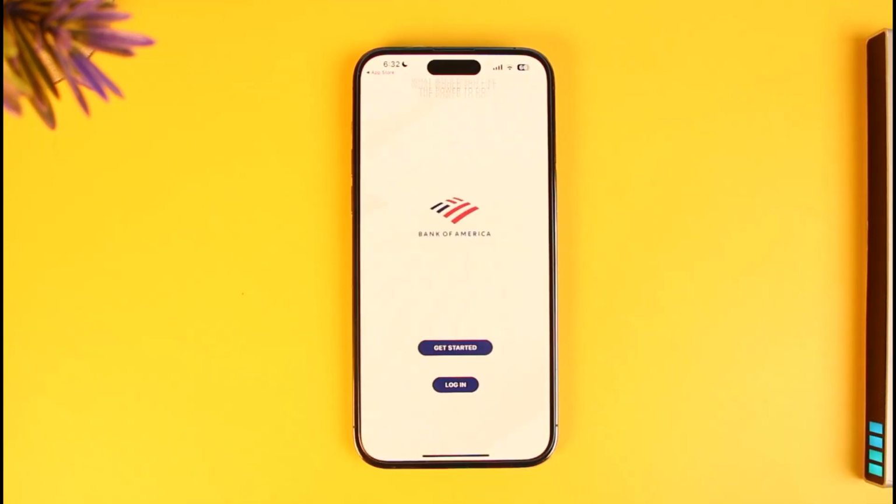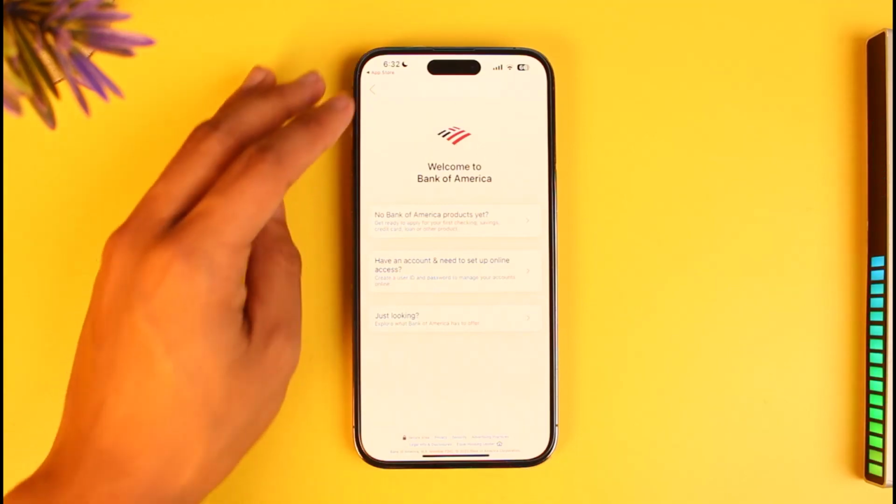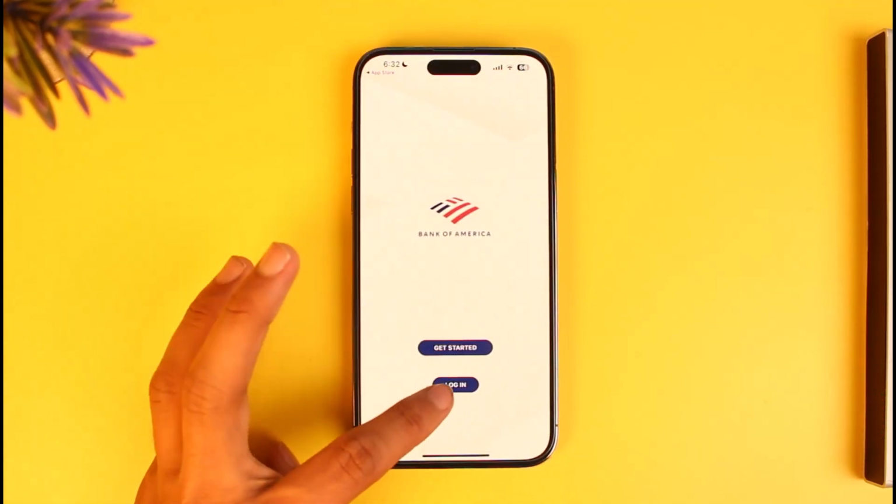Now if you're new to Bank of America, in that case you could just tap on the get started option. You can just go ahead and simply select your bank account, or you can create a bank account, or you can simply register for mobile banking. But assuming you already do have an account, you just want to come back, tap on the option called login